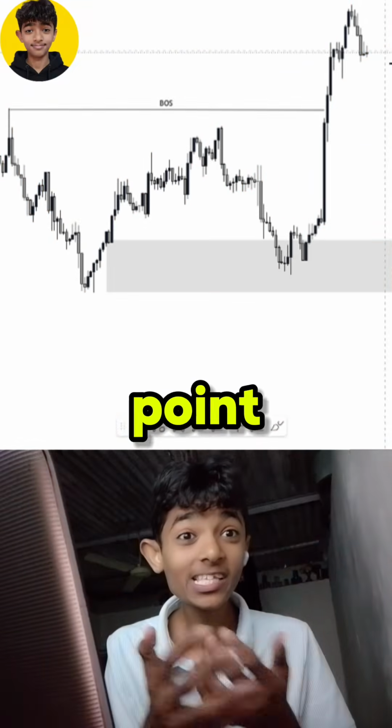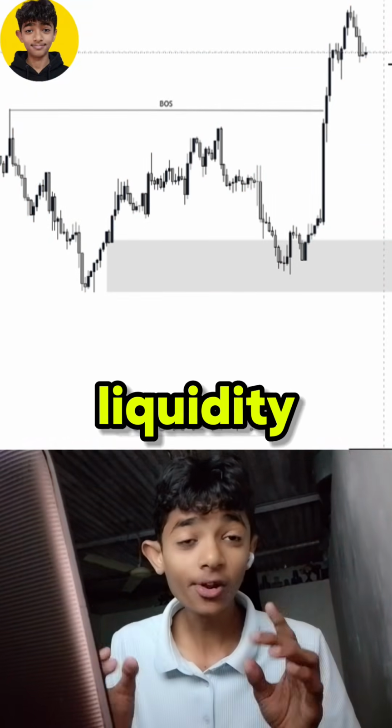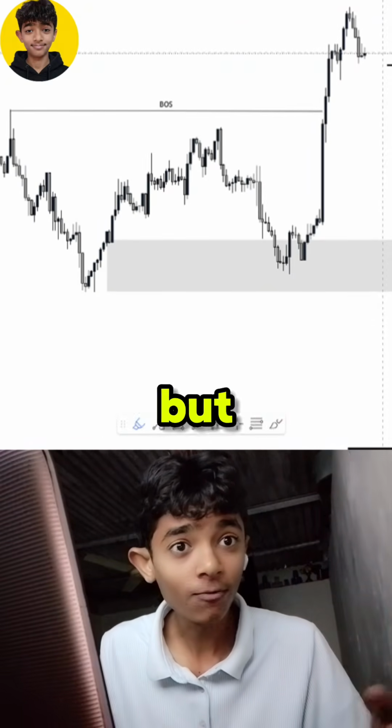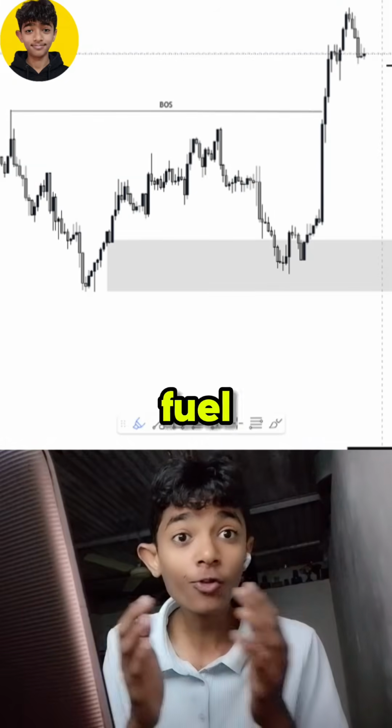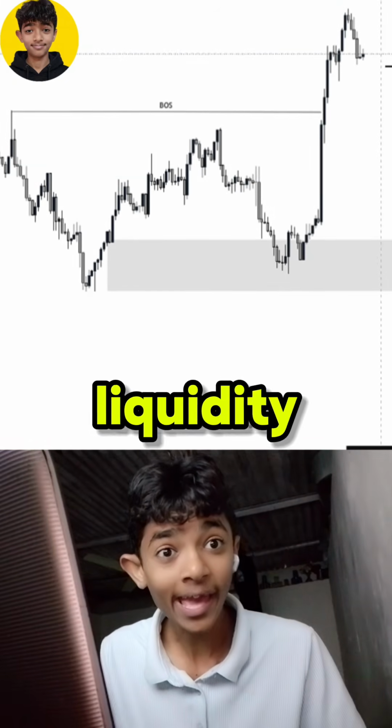Now, a second point is liquidity. But what is liquidity and why is it important? I think liquidity is the most important part of marking an institutional supply and demand zone. But what is it? Liquidity is the fuel price needs to continue its move, and smart money needs liquidity anyhow to